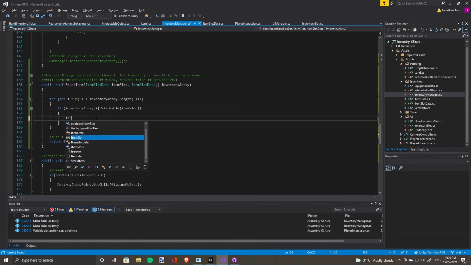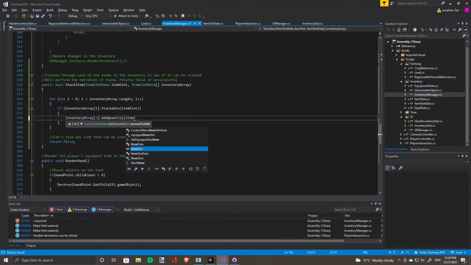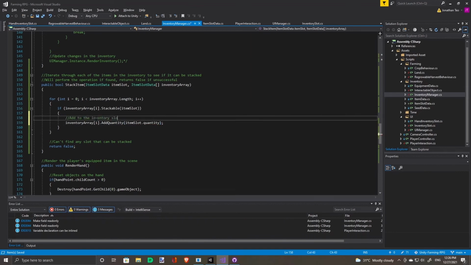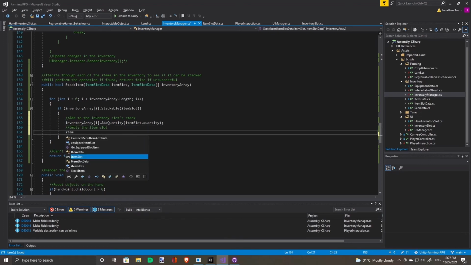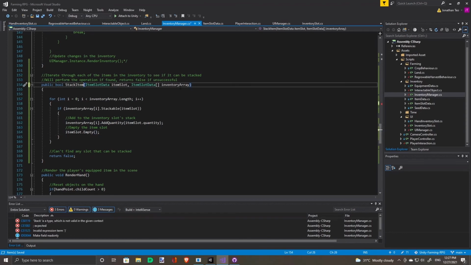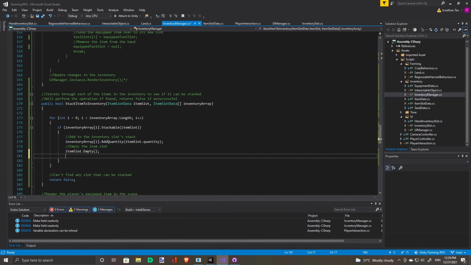The item slot. And then after we add to the stack, we empty. Okay, let's name this function stack item to inventory. We have to return true, forgot.